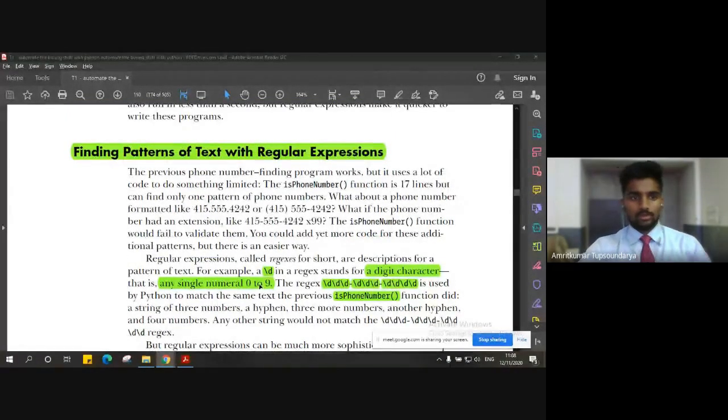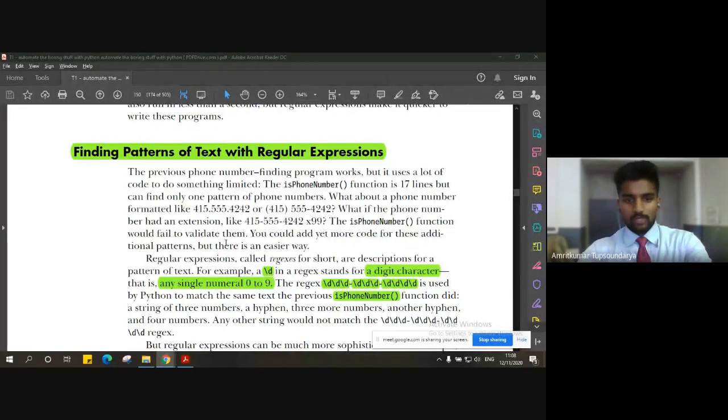Let's have a quick recap of what we discussed in the previous class. We started off with the third module, and we discussed the first topic, finding the pattern of text without the regular expression. In the previous lecture, we discussed finding patterns of text with the regular expression. We also saw how making use of the regular expression helps us perform the finding of the pattern of text much more simply than without regular expressions.